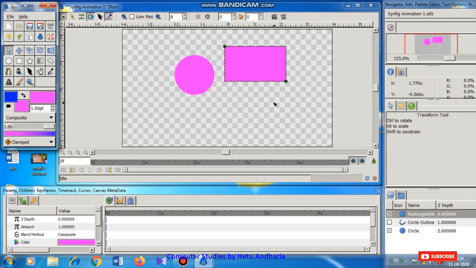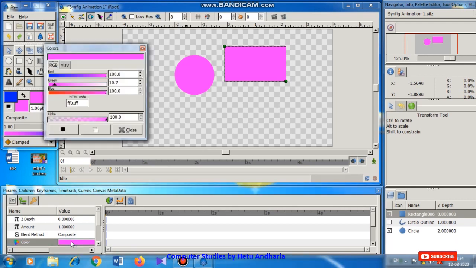Now here from this params panel, that is the properties panel, I can change the color of that square. For example, I want to make it aqua blue or blue, and the color will get changed. Another thing is, from here you can even change the transparency of that shape. Just see. Now here we will not consider it as a shape, but we will call it a layer.